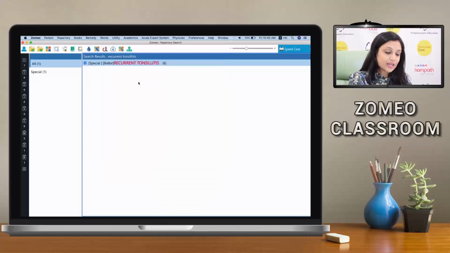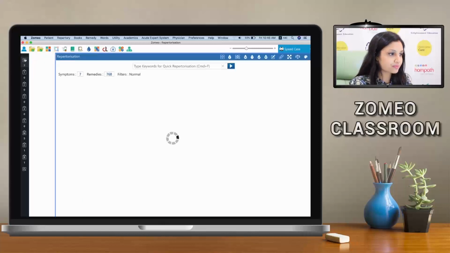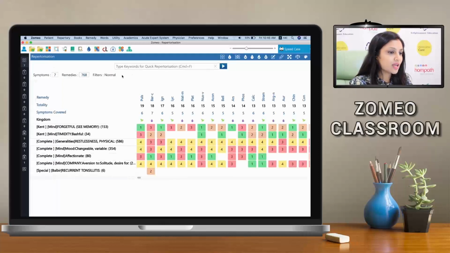Alright, my last rubric that I need to record is sun aggravation leading to headache. Now before that, let me show you the repertorization sheet. Here on the left hand side, I can see that I have already recorded 7 rubrics. I click on that and here I see my repertorization sheet. The final rubric that we need to record is headache, sun aggravation, and here is where I am going to show you the final and the easiest way in which I can record the rubric,